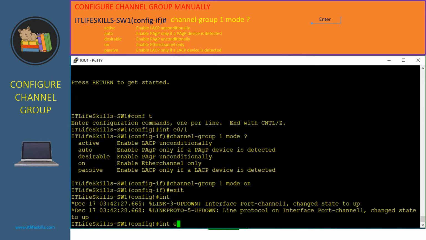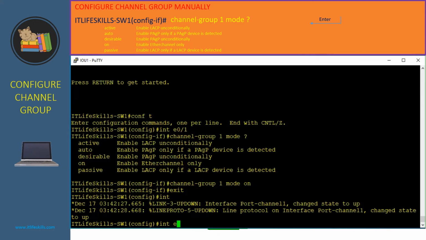As you can see, the interface port-channel 1 was created. It is a virtual interface, and it added the physical interface E0/1 into it. From that point on, any new physical interface added into the port-channel 1 will be validated with the settings on the interface E0/1.